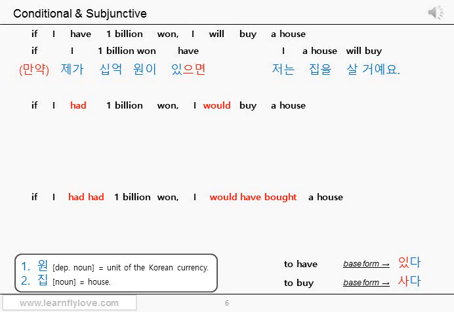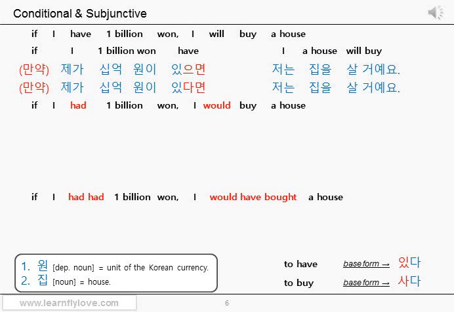This is quite important. Again, the important thing is the fact that you don't have that money. And that is why you said if, 만약, and 으면 in Korean. And next important thing you should know is 있으면 part just indicates the present tense. So it means if I have that money now. Okay? Because of the fact that there is no big difference between conditional with a real possibility and conditional without a real possibility, you can also use the connective ending 다면 for the same sentence.